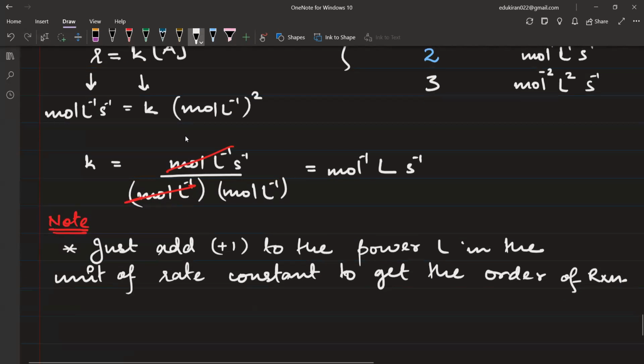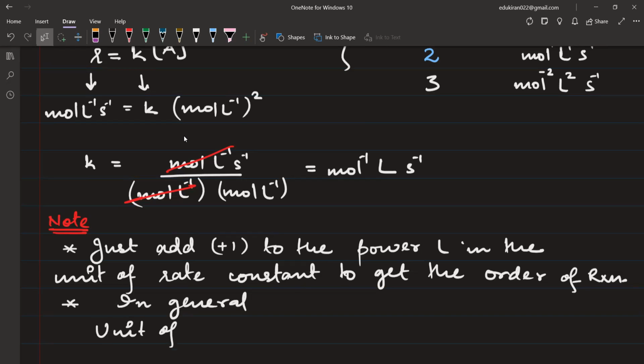Okay, and we can write in general unit of K is equal to